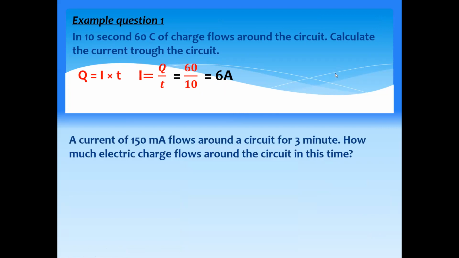Another question. A current of 150 milliampere, milli, keep this in mind, it's milliampere, flows in 3 minutes, time is in minutes. How much electrical charge Q is transferred? What is the answer for this? Q is equal to I multiplied by T. Charge is current multiplied by time. But keep in mind this is in milliampere and time is in minutes. What's the final answer for this?